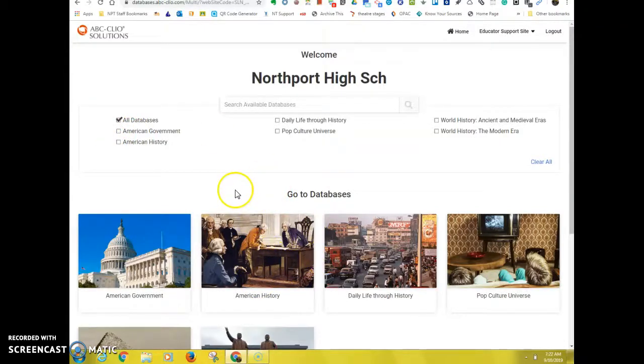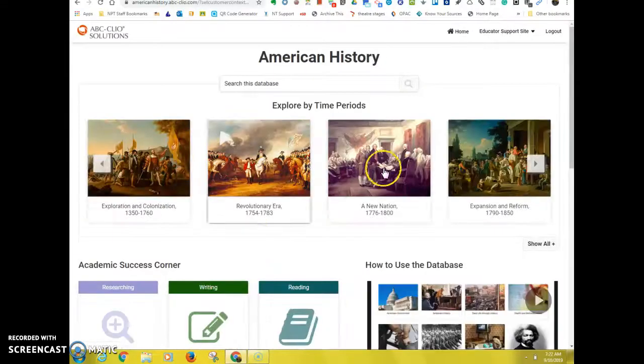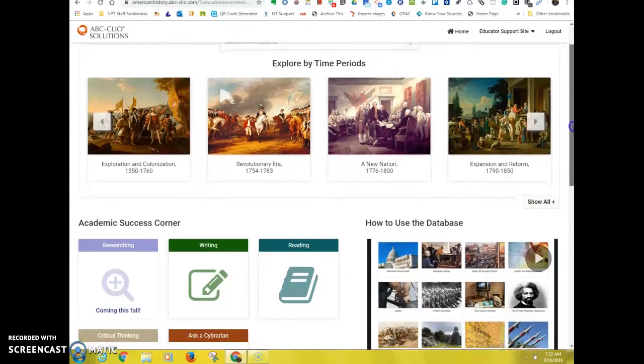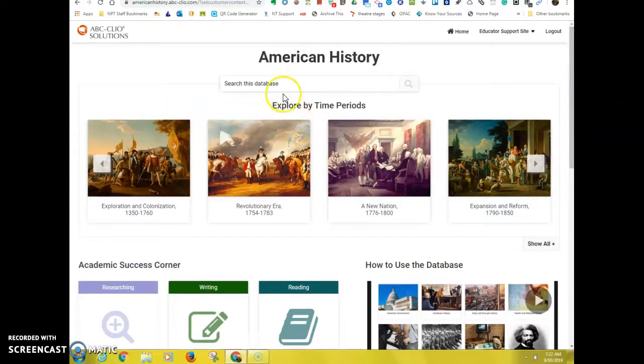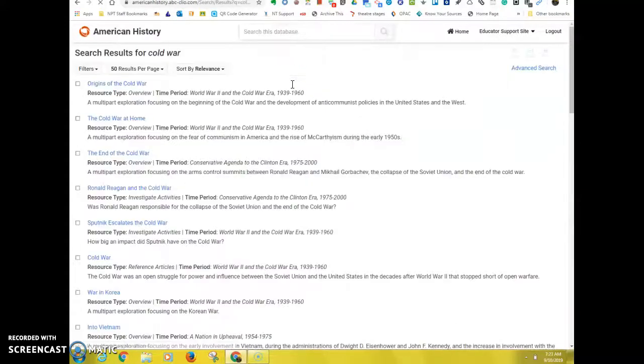So let's say I wanted to search the Cold War. Maybe I'd go right into the American History database. And you can see that it gives you time periods right here. You can see all of them if you go through here, or you could do a search up here. So let's say you were looking up the Cold War. You could do a search. And it's going to give you everything that this database carries in terms of the Cold War, including topic pages, overviews,